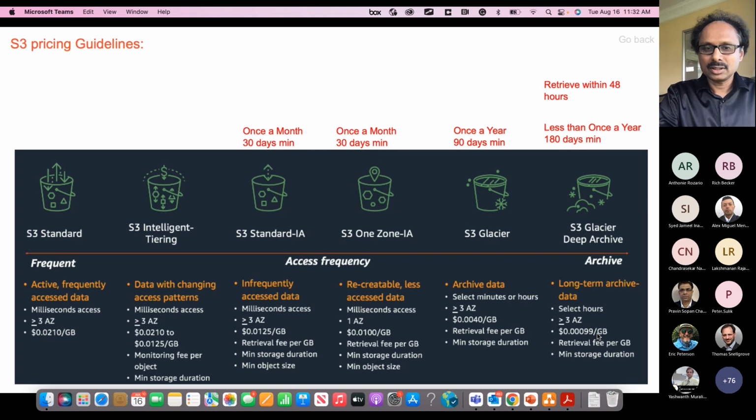Storage is one of the main components, the reason why the cost is really high in AWS. So please get a good understanding of the different S3 categories available within AWS and select a category which is suitable for the customers. I put a couple of criteria here in terms of data access, like do they need to access the data every minute, every second, or can they access the data only once every month? Depending on the answers to those questions, you can select an S3 storage that is suitable for the customer.